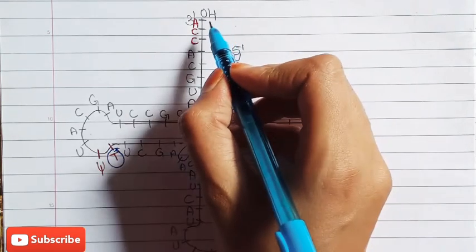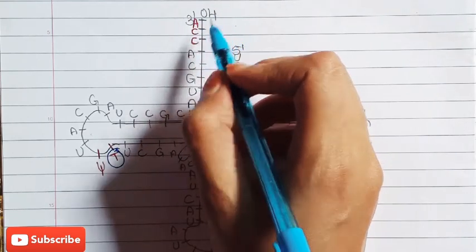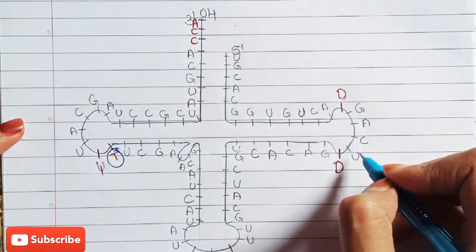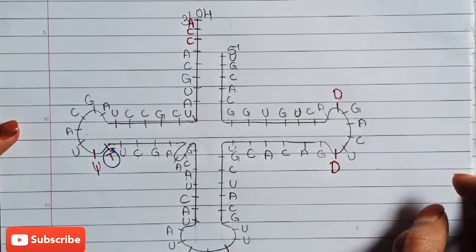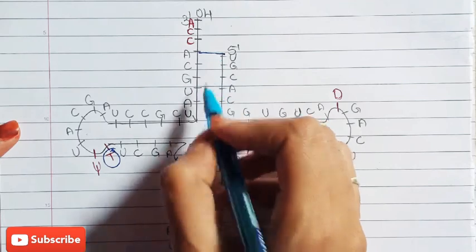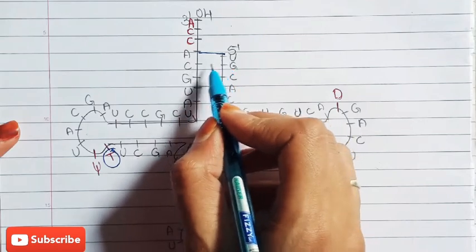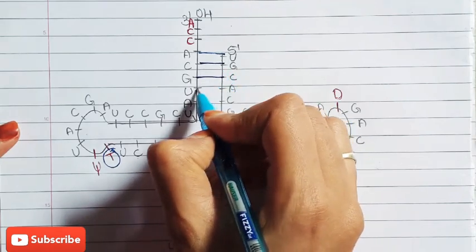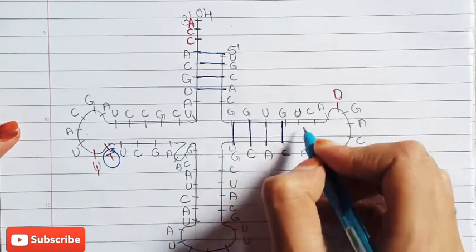Now this is an acceptor binding site. Here the amino acid comes and binds, and this is known as the stem part, and this rounded structure is known as the loop part. Now why are the stem and loop parts said? First, you can see here adenine pairs with uracil, which means in tRNA there are some places where the complementary bases come together, so they form hydrogen bonds between them.